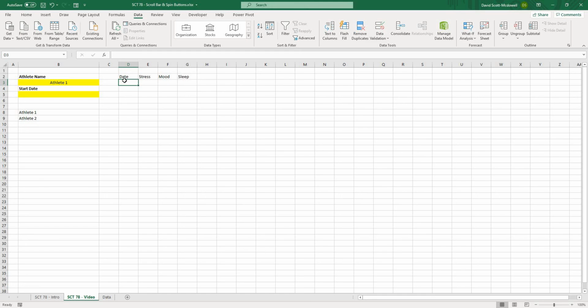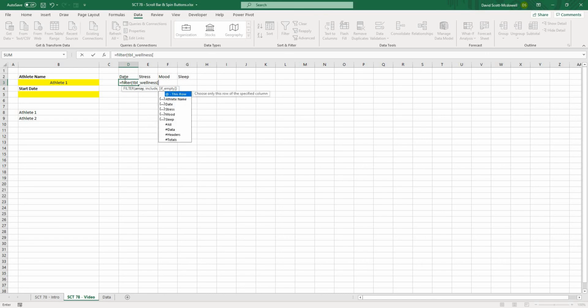And the first thing that we want to pull out is all of the date values. So we'll start with a filter function, and we're going to filter it by the athlete name. So what this is going to look like is we'll put equals filter, and then the array that we want is TBL_wellness, and then the date, and then comma, and then what do we want to include? We want to include all of them where TBL_wellness, athlete name